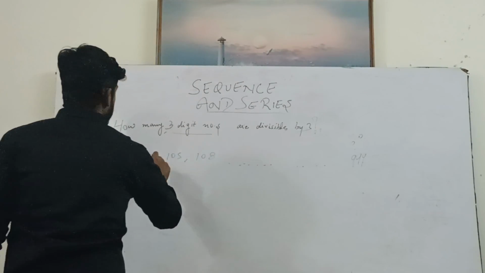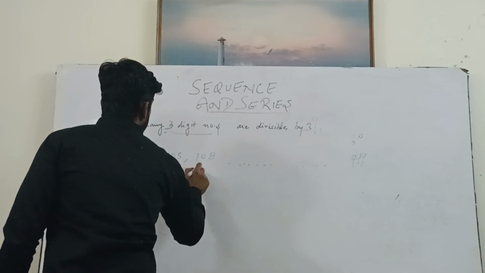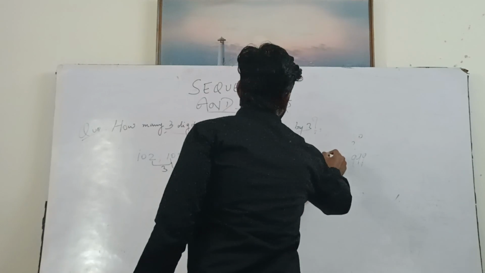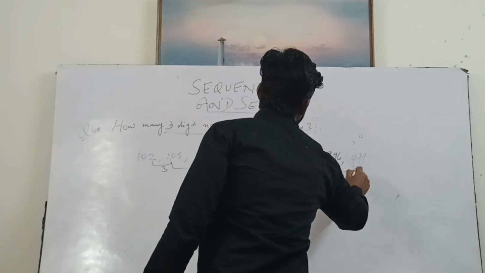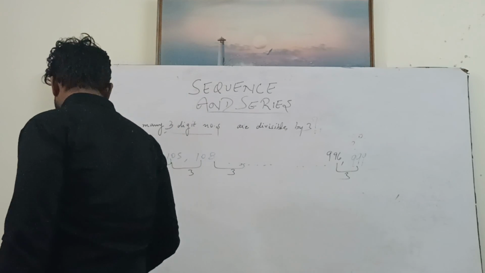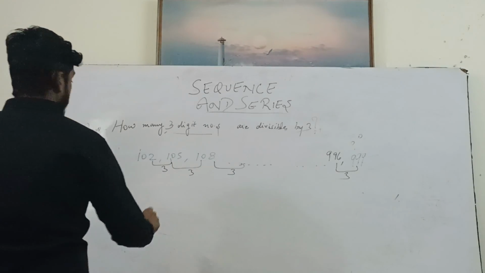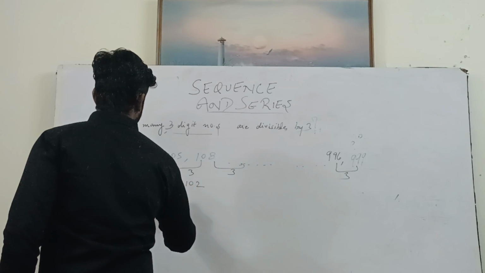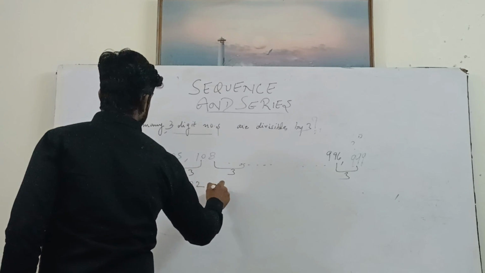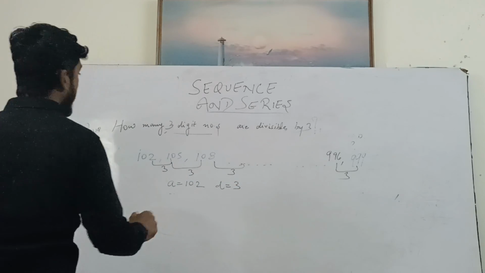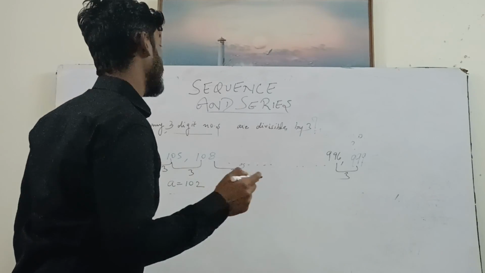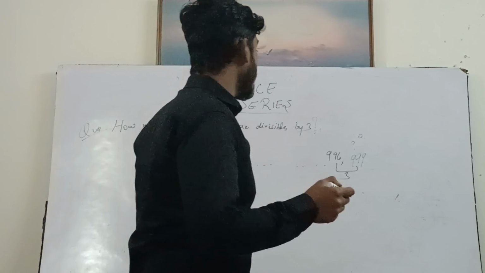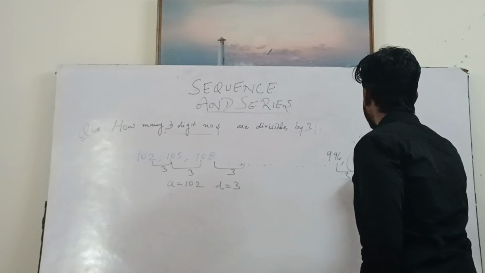अच्छा, again this is an AP। Why? Because the common difference is again 3, obviously 3। यहाँ पे भी 996 रहा होगा इसके पहले, तो यहाँ भी 3। So it is an AP such that a is equal to 102, common difference is equal to 3, and last term is 999। तो अगर हम पता कर लें कि ये जो लास्ट टर्म है ये कौन सा